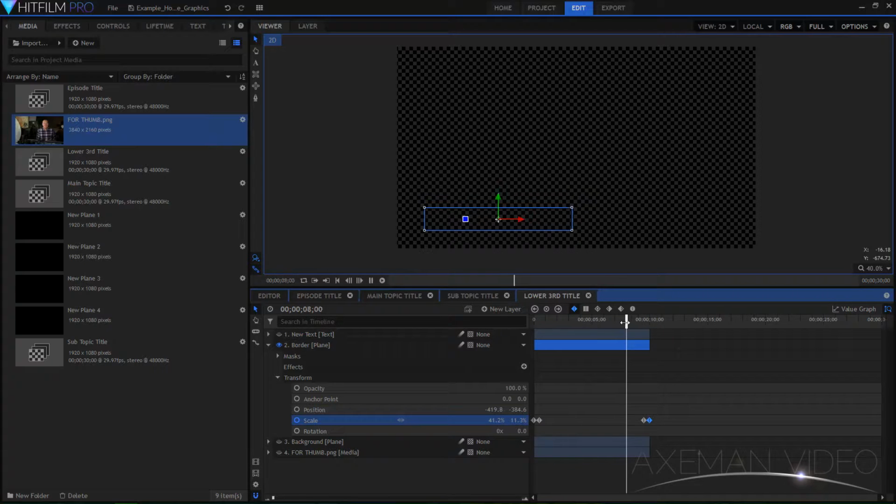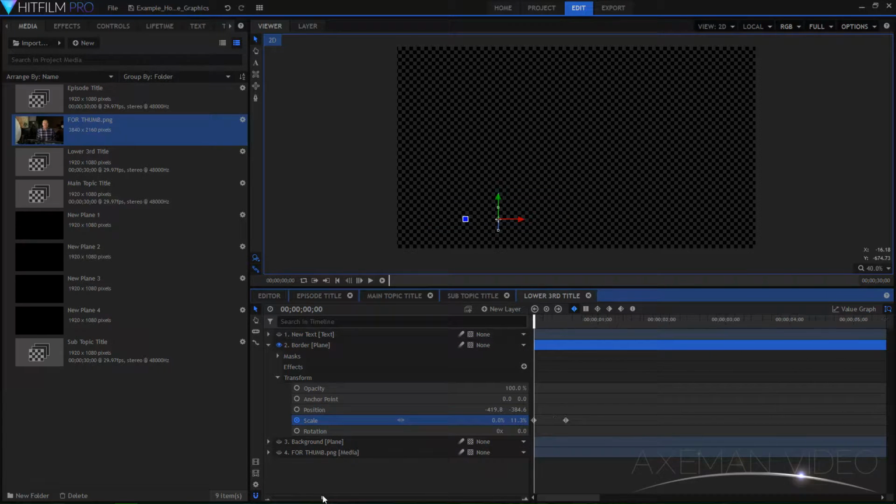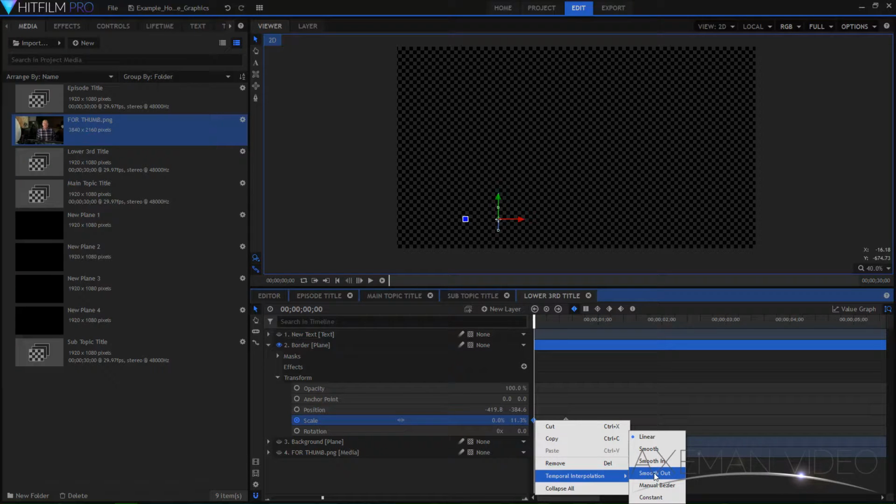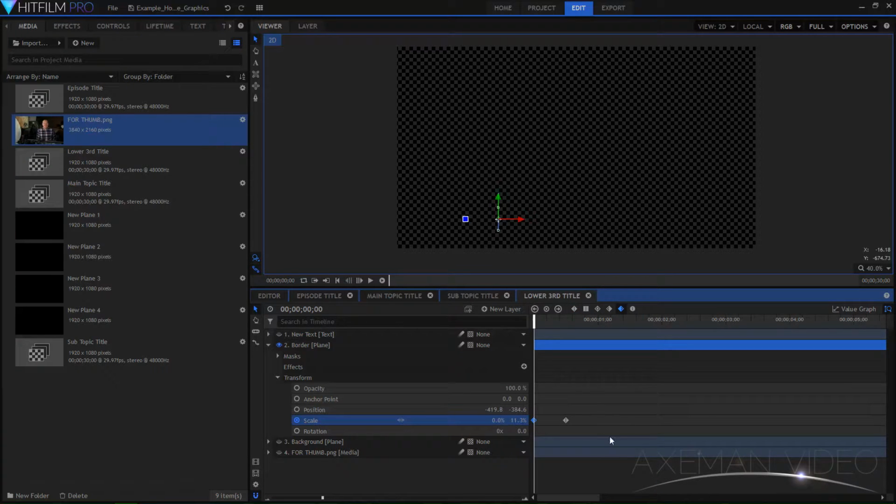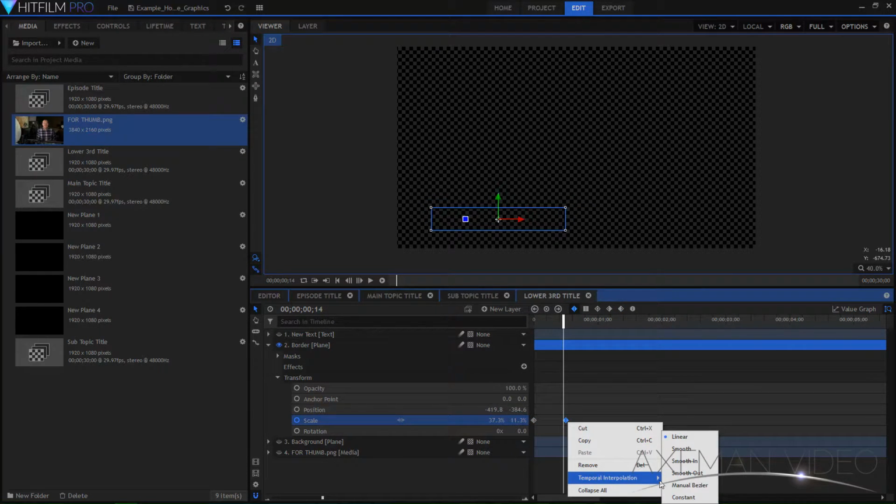But the movements are a bit harsh, aren't they? They start and stop too suddenly at each frame. To smooth this out, we'll start with the first keyframe on the timeline. From here, we want our animation to smoothly build up speed so it looks a little more natural to the eye. Simply right-click, and in the temporal interpolation options, I'll select Smooth Out, because we want it to grow smoothly out from here. And since the next keyframe is where we want the movement to ease into, we'll change that